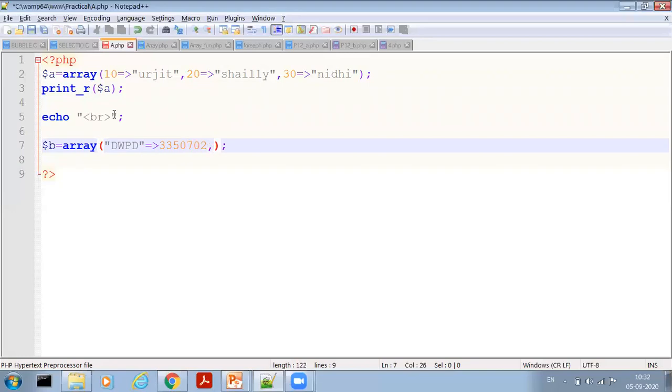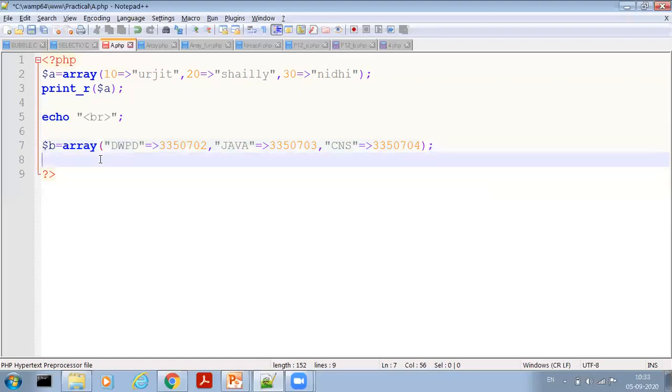After creating one element, write another, Java, then 3350703. Okay. Now next, the third subject, for example CNS, is a key and its value is 3350704.